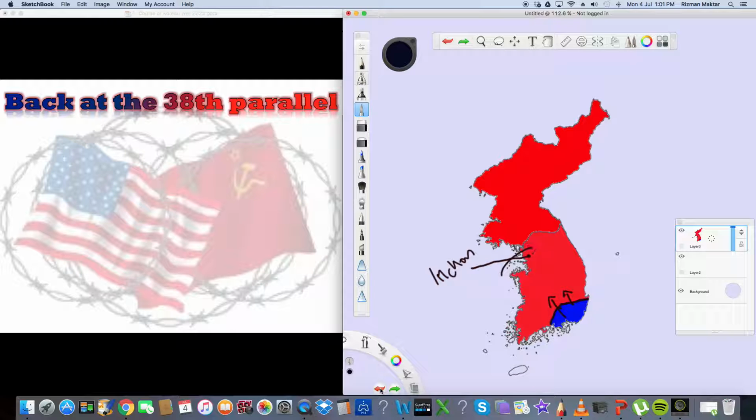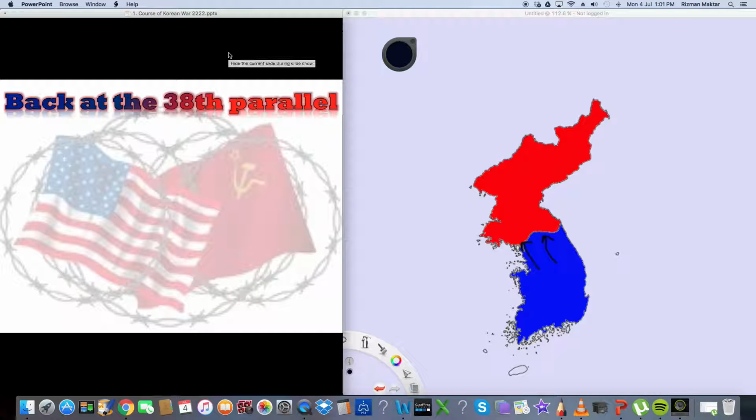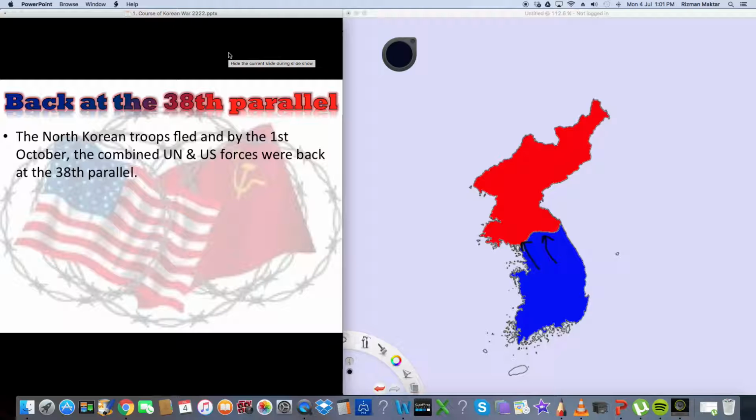go back to the original map which we had earlier. Here, back to the 38th parallel. Let's just draw an arrow to show that they have managed. Back at the 38th parallel. So at this point of time, it was around October, they managed to push the North Koreans back